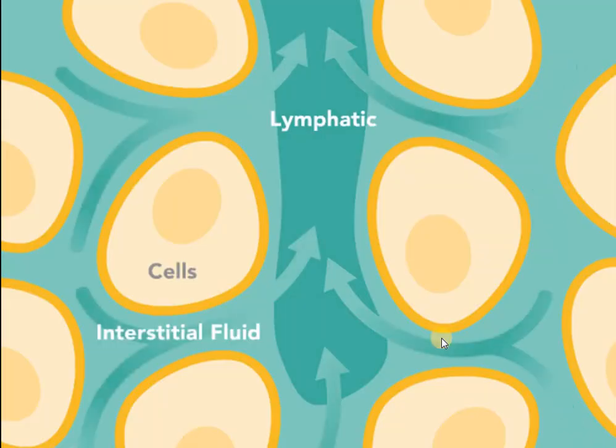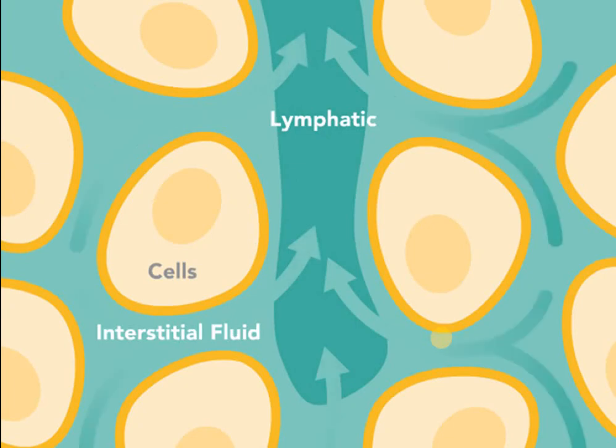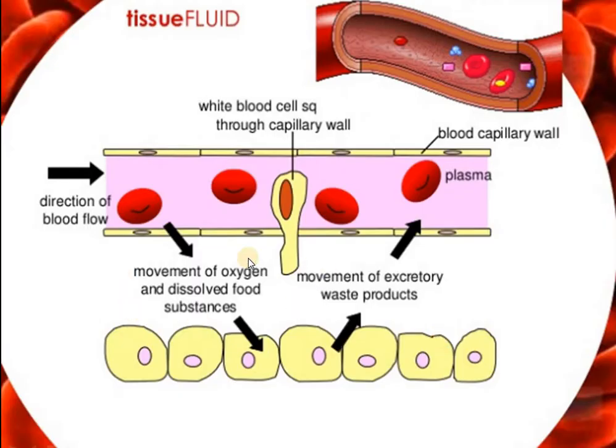So what if I keep on removing the plasma and the WBCs out from the capillary? Here I told you that most of the plasma, which is actually mostly water, is coming out from the capillary because of the high blood pressure. So if we keep on removing it, it will lead to deficiency of it in the capillary. So there must be a way back in. There must be a way by which this excess fluid is taken back into the blood.